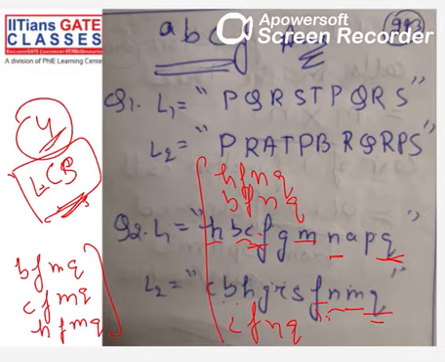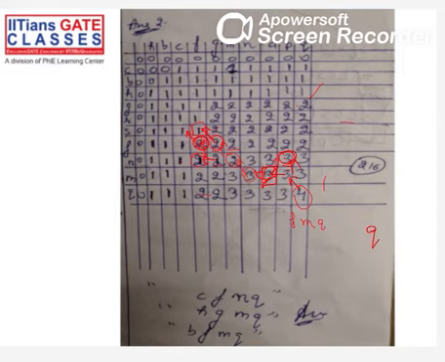The problem is there are too many of them over here, so the table that we have obtained is becoming really complicated. If there were 3 or 4, it would have been easier for us. This is how you can find common subsequences also. I think we'll do a GATE problem. This has come where they asked to find the length and also the number of possible common subsequences. Any doubts from anyone in this?